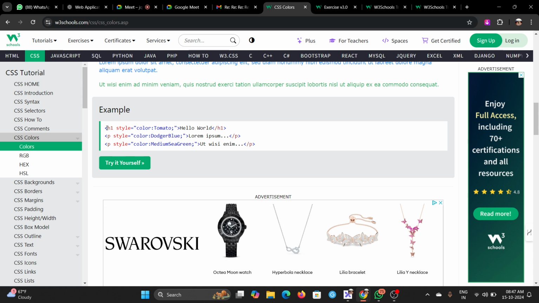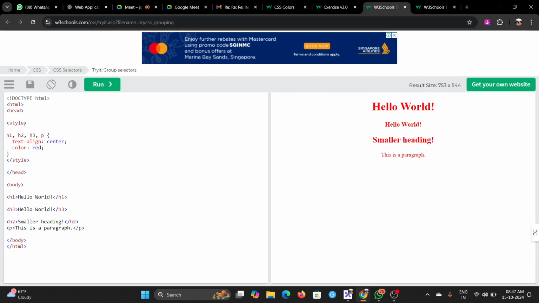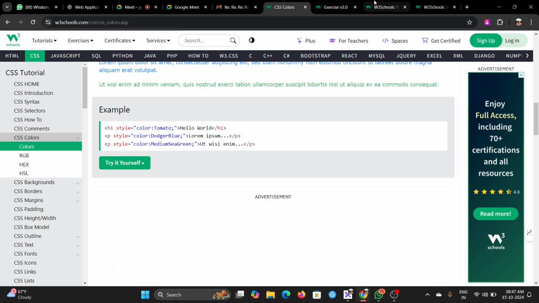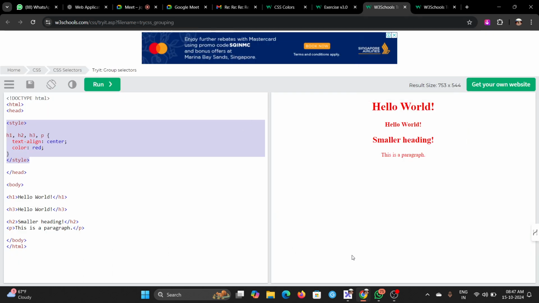If we want to add color only in paragraph or only in heading, then we can simply use style equals then color, and we can name the color, right? So this is a different way to add the style, and this is a different way to add the style. Okay, now one concept you have to learn,